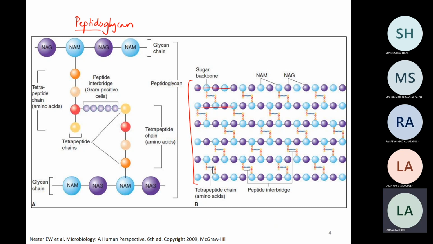where you see layers that are on top of each other, cross-linked with each other, okay? Now, the circles you see here represent the glycan chain, which is composed of NAM and NAG. We will see those structures in a later slide. Now, NAM has a peptide chain coming from it, right? That peptide chain, which we call a stem,